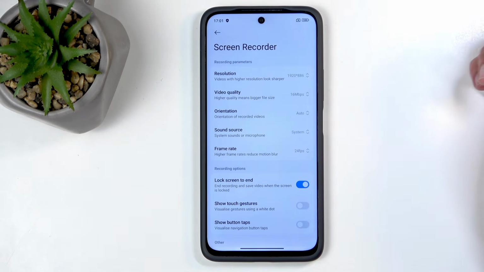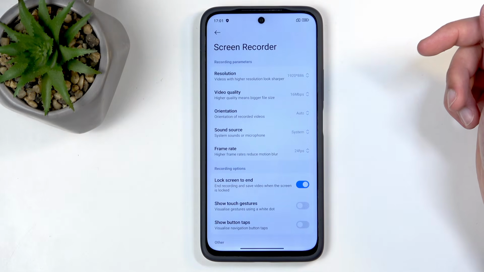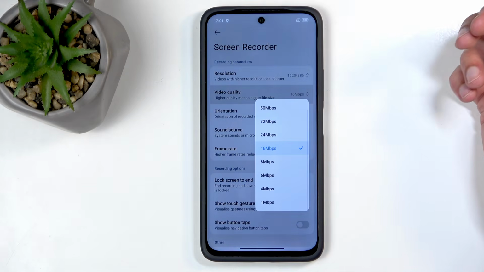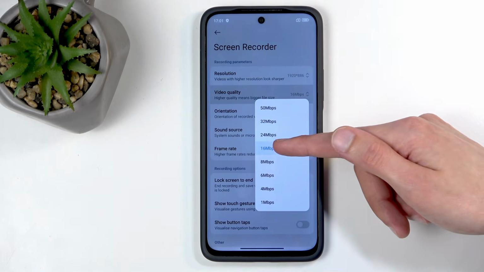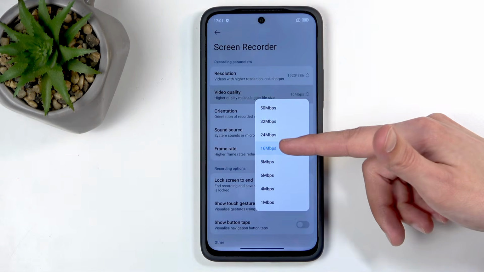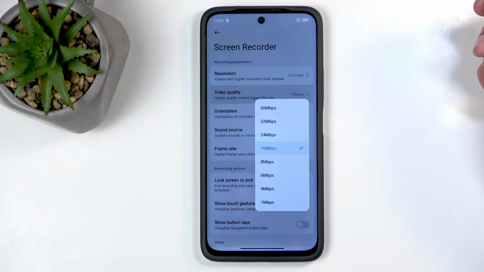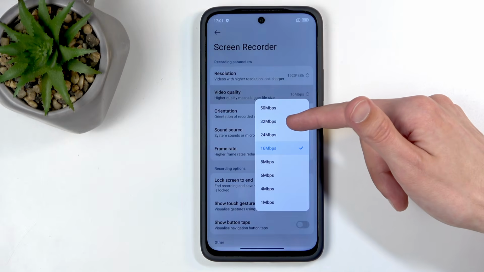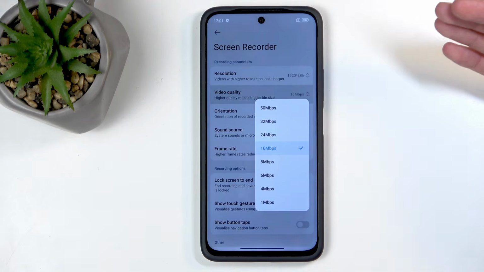So anyway, another thing in here is the video quality. This one can stay at 16 megabits. Increasing it will also increase the amount of space that the recording will take. And this is generally the description of how much storage it will take. So it's going to be basically 16 megabits, and this is also per second. So if you double it and select the 32, obviously you're now consuming twice as much storage for the same